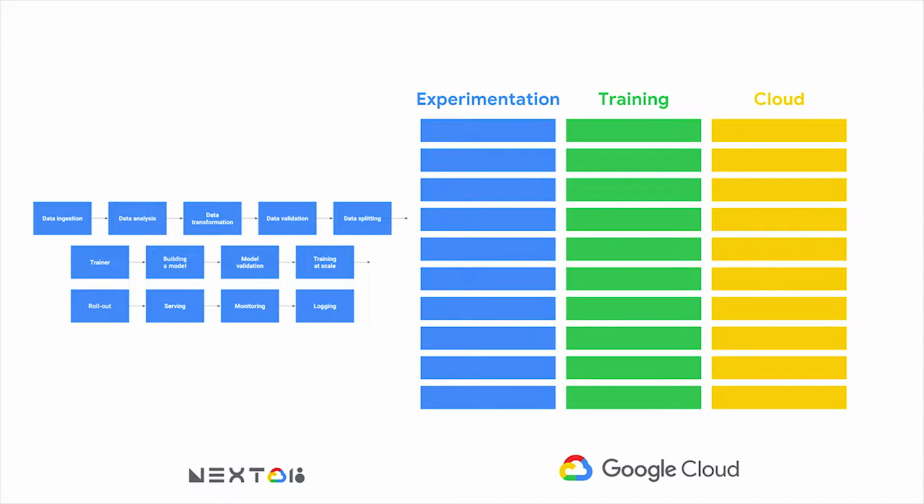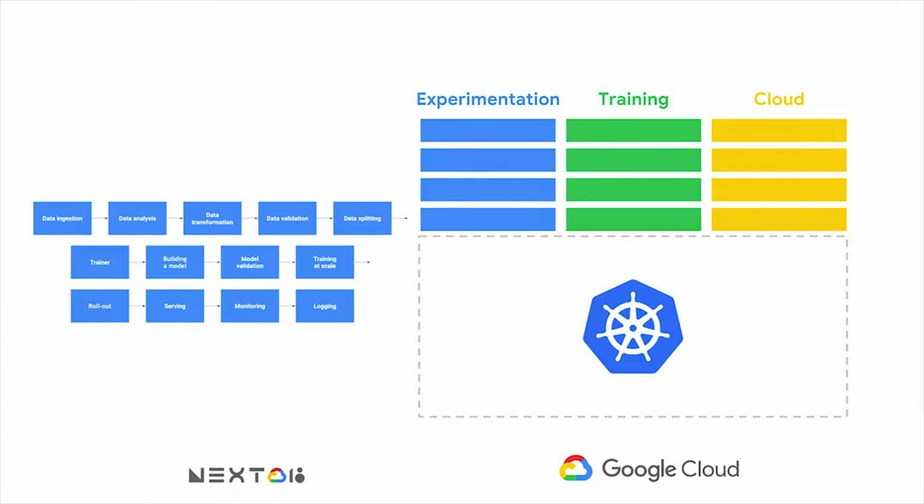We wanted to turn having separate experimentation, training, and cloud clusters, on the right-hand side of this picture, and this workflow that you see on the left side, which is a traditional machine learning workflow where you start at data ingest, and then you end up with logging, and then the loop feeds back on itself, and then you can retrain, et cetera. So what this becomes with KubeFlow is your architecture becomes a Kubernetes installation.